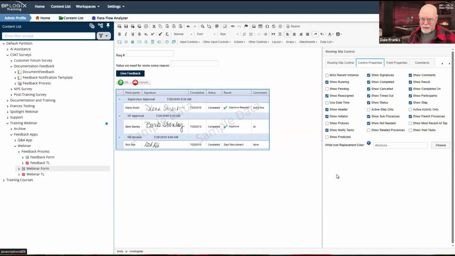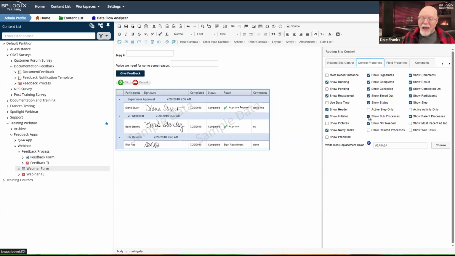So on my routing slip, there is a default option checked here that's super important, which is show sub processes. By default, we assume that the most likely use case for invoking either the run process custom task, or if you want to do it synchronously, creating a process activity in your process timeline, which will invoke a synchronous sub-process. But in either case, we're going to assume that you want to track those sub-processes.